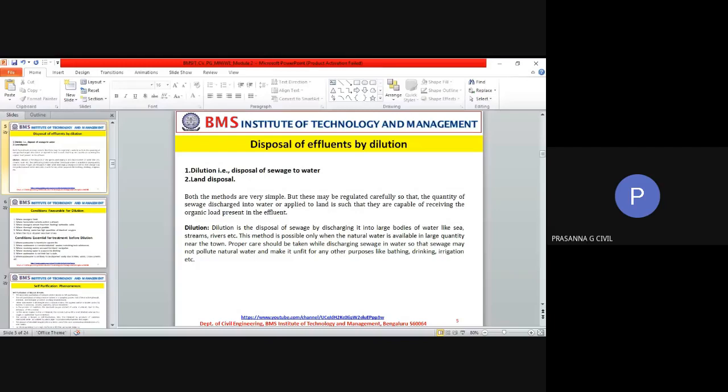So dilution was a method by which we could reduce the sudden impact of the heavily polluted wastewater by allowing it to mix with large volumes of water, so that the effects become a little less. That was what is meant by dilution. So it is one of the most practiced natural disposal methods, and this is done with the assumption that there